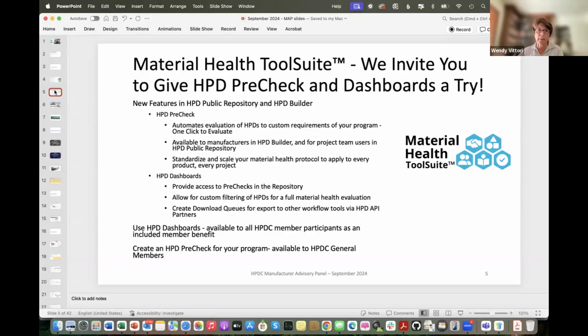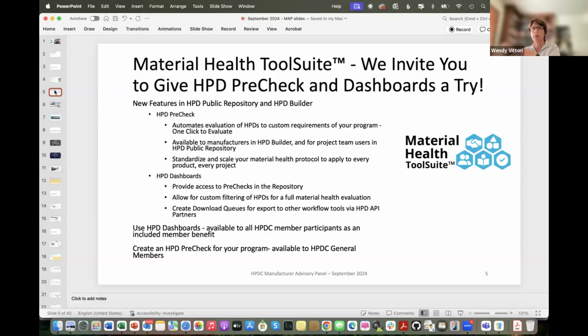With the pre-check in the repository, a project team member can use the pre-checks that are available. Right now we have 2 publicly available pre-checks there, one from Bora Architects, which is what they use internally within their own A&D firm, and then also what we call the HPDC dashboard.